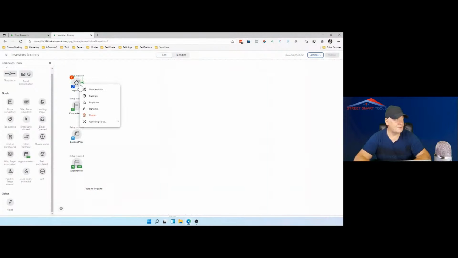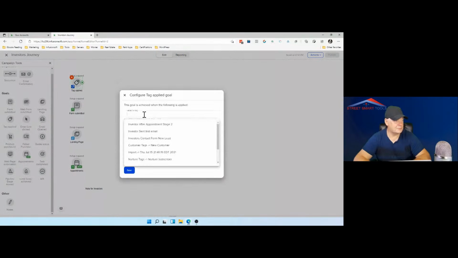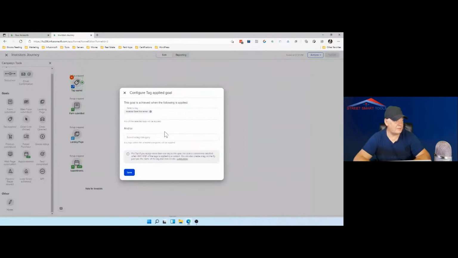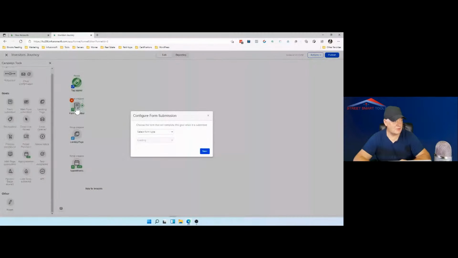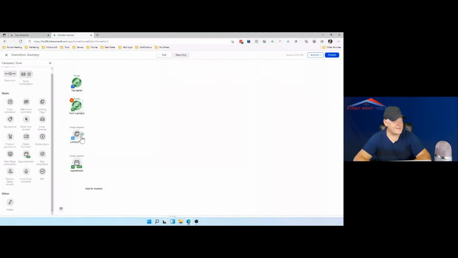So let's do it this way. Let's go with the tags. Investor sent first email. So let's do this one, right? Yesterday we were talking about forms, so that will be an external public form, and then we will choose investors contact us, right? And I will show you